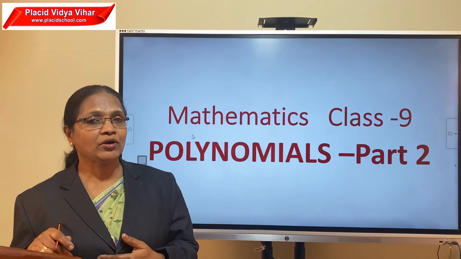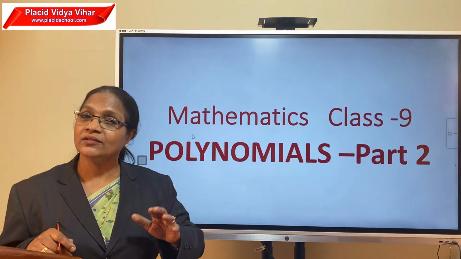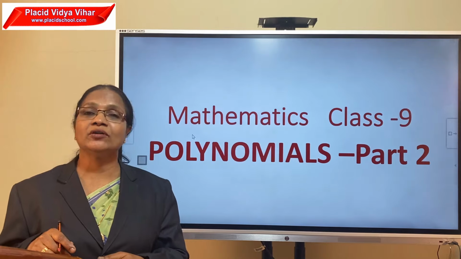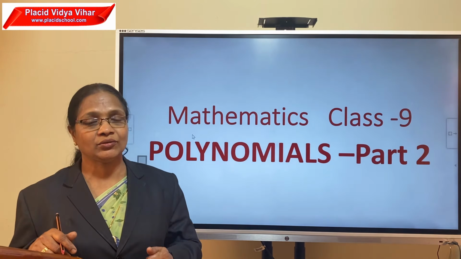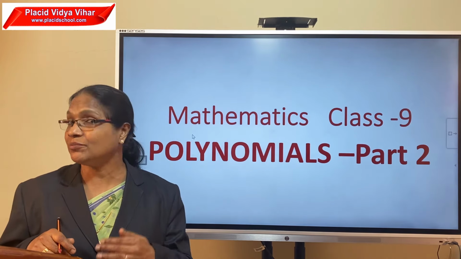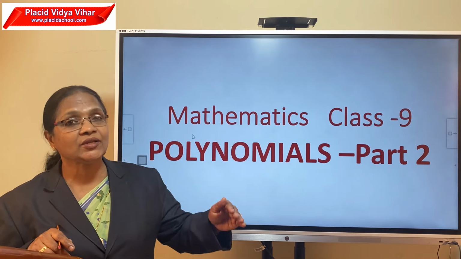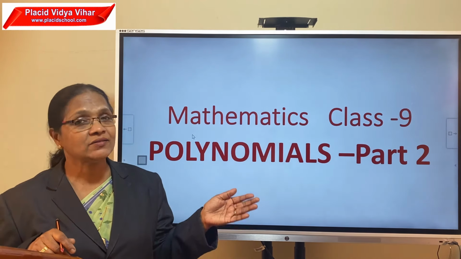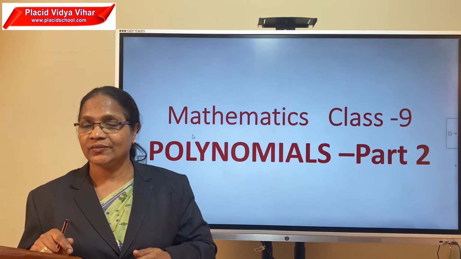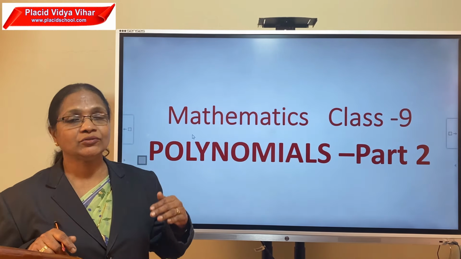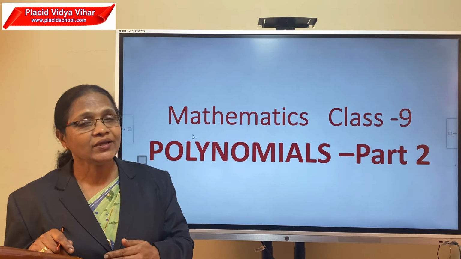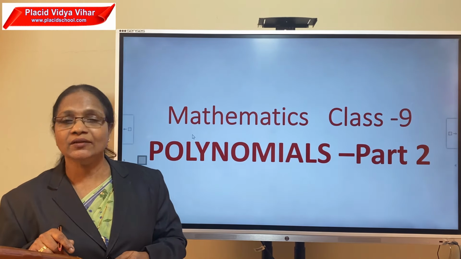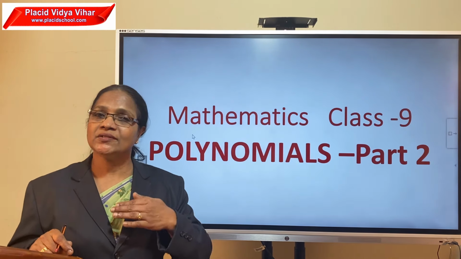To get the zero of a polynomial, what is the procedure? You know that the value of the polynomial must become 0. If p(x) is a polynomial, p(x) equals 0. We have to find the values of the variable x for which p(x) equals 0. That is what we call solving the equation p(x) equals 0. To get the zero of a polynomial, we have to solve the equation p(x) equals 0. Now see, what about the zero's nature?